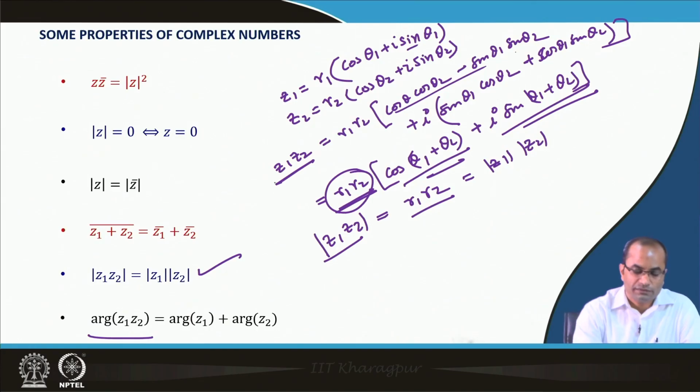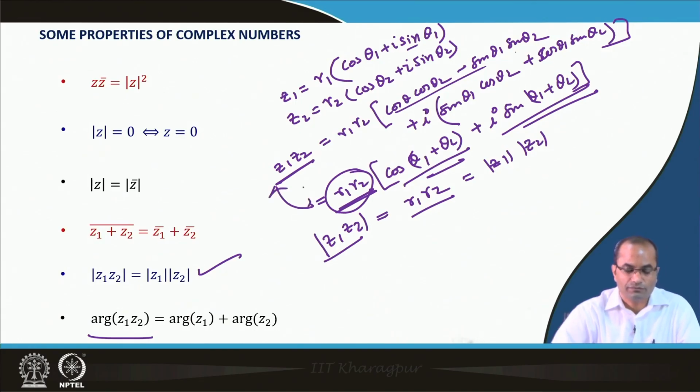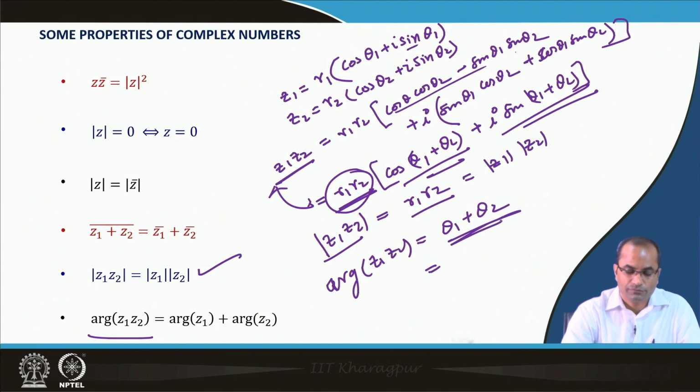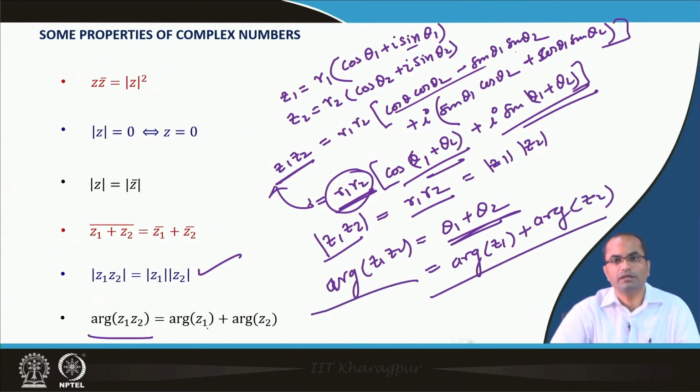So, here again from this relation we can realize that the argument of Z 1 Z 2 is nothing but theta 1 plus theta 2, and we know already that theta 1 was the argument of Z 1 and theta 2 was the argument of Z 2. So, we have this relation as well. So, these are the two important